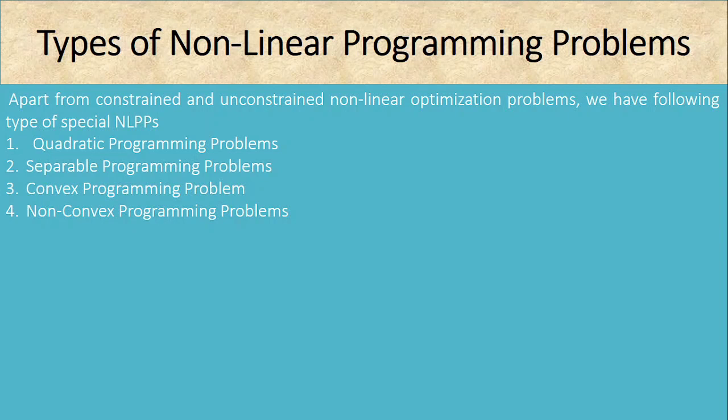And in the case of a non-convex programming problem, which means if we are not able to verify the convexity or concavity of the objective function or the functions in the constraint inequalities, then the optimal solution found in these types of nonlinear programming problems will be a local optimal solution. So that is